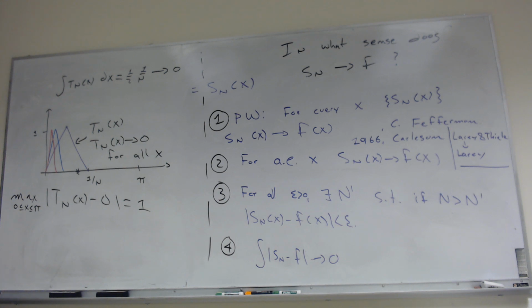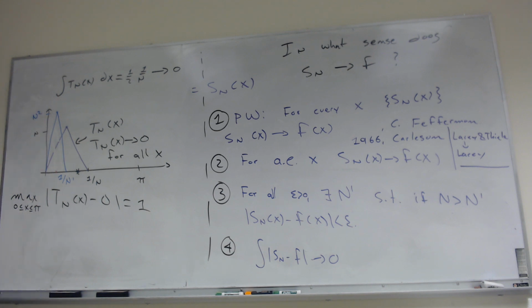So let's modify this example a little bit. So this is 1 over n, and let's say this is n. Now this is really not going to be to scale. And now let's look at the next one. It's going to be something like this. I'm just going to draw one more example. So this is going to be, I'll say, 1 over n prime, where n prime is bigger than n. And now the peak here is going to be equal to n squared.